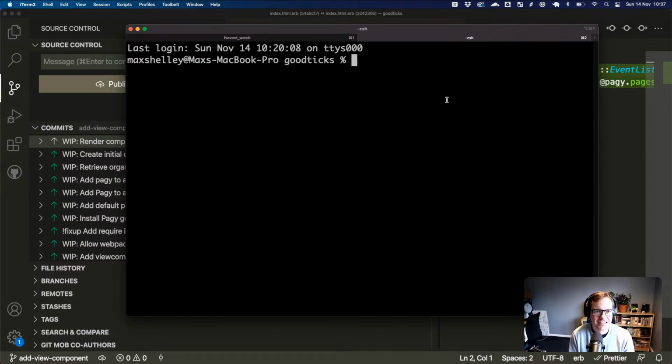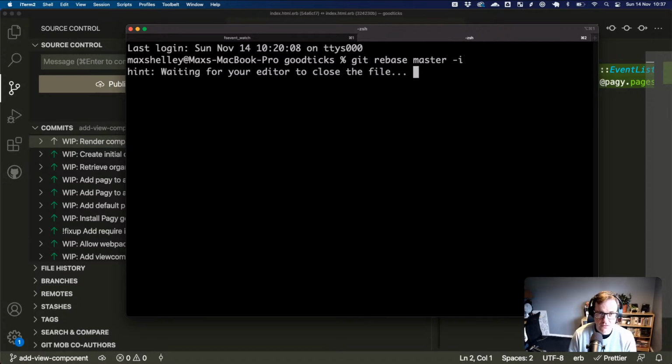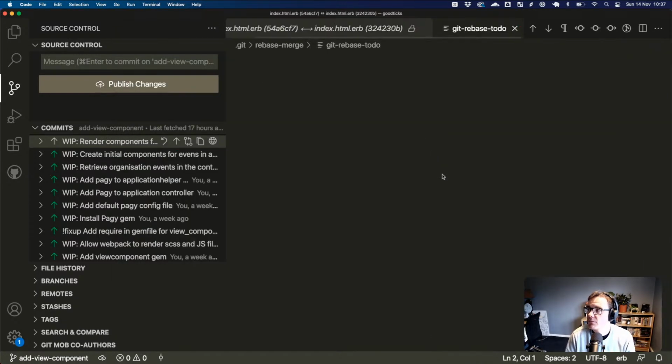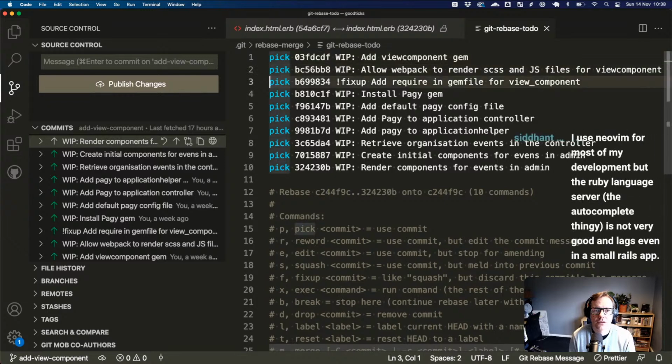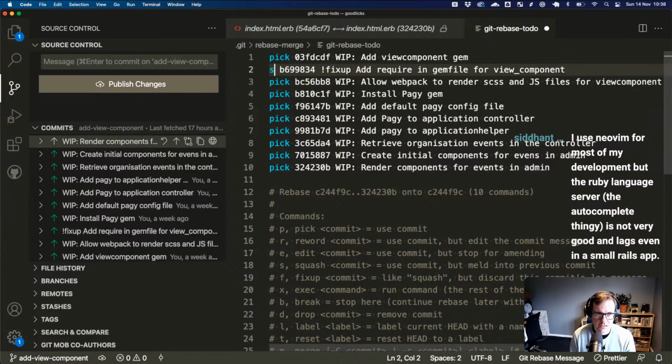Let's get this nice and large, and then we're going to do a quick run through rebasing our work in progress commits. So Vue component, that needs to go up into there, and I think that has a thing in there related. I think there's a note in this commit message around needing that require line.